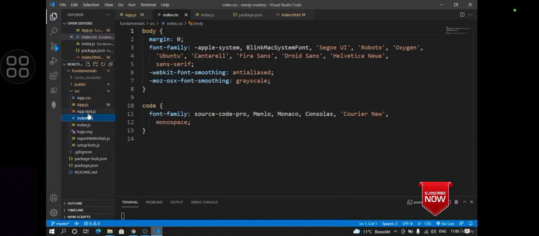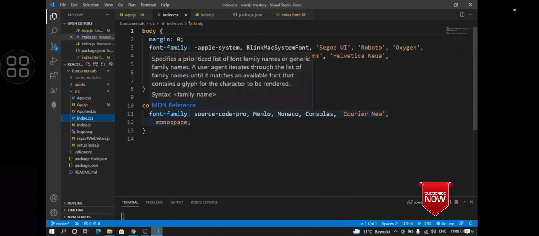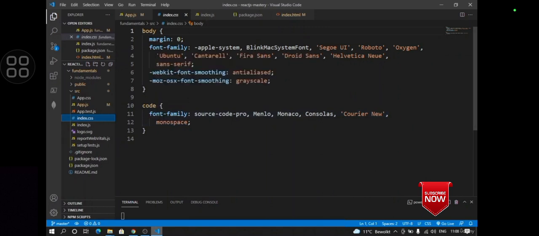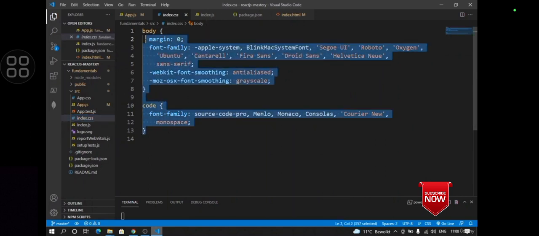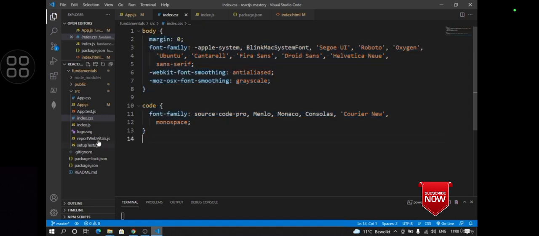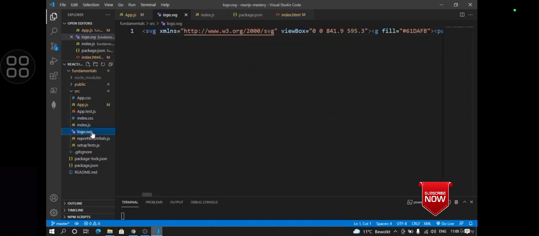Next we have an index CSS file. If you want to write CSS that should be common to all the components, or that should impact the body part, you can write it here. Logo.svg is just an SVG file, you can ignore it, and these files you can ignore. They are just used